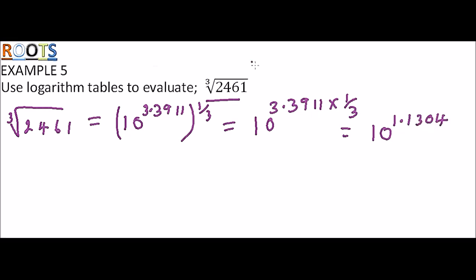Now in this case, we can separate and say this is the same as 10 to power 1 multiplied by 10 to power 0.1304. Now we can write this as 10 multiplied by, now the anti-logarithm of